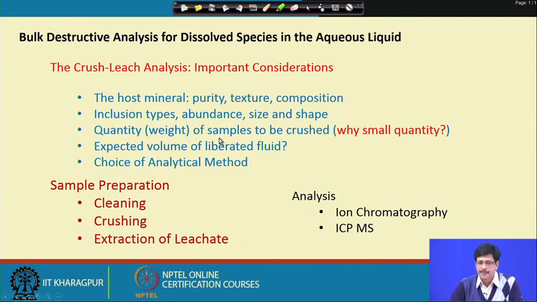In some cases, if we heat that particular sample to a certain temperature, and the secondary inclusions happen to be of a much lower temperature and much later entrapment in the host mineral, it may be possible to get the secondary fluid liberated before we really go for the crushing of this particular sample. And initially we are reducing the sample size to a few millimeters,